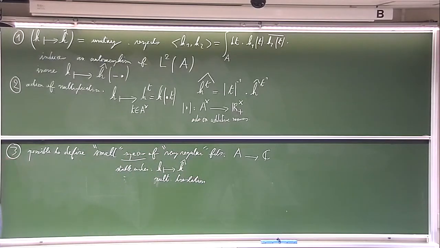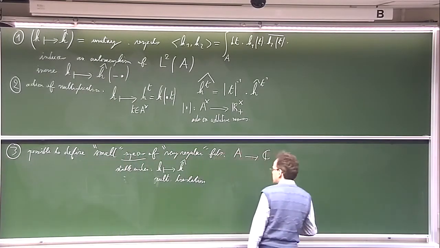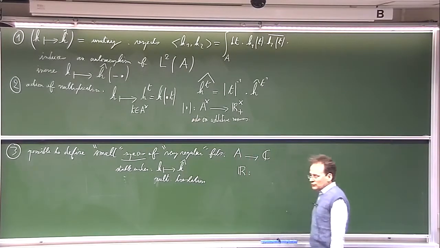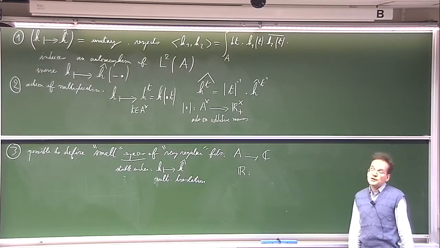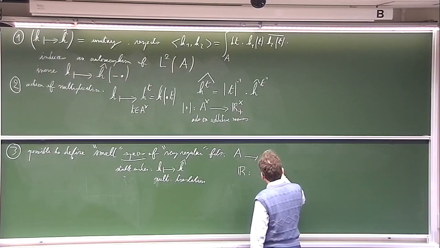Okay, so in fact it is possible to define, in the huge space of square integrable functions, some much smaller spaces which are stable under the Fourier transform and also under multiplicative translation. So how is it possible to do that? There are several cases to be studied. So first, in the case of R, what do you do? You consider the usual